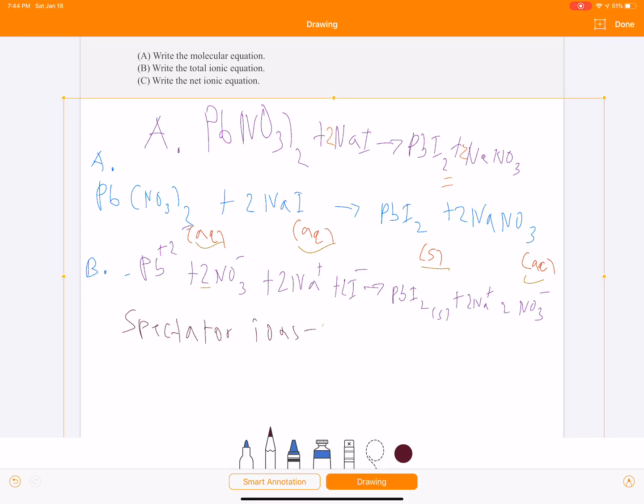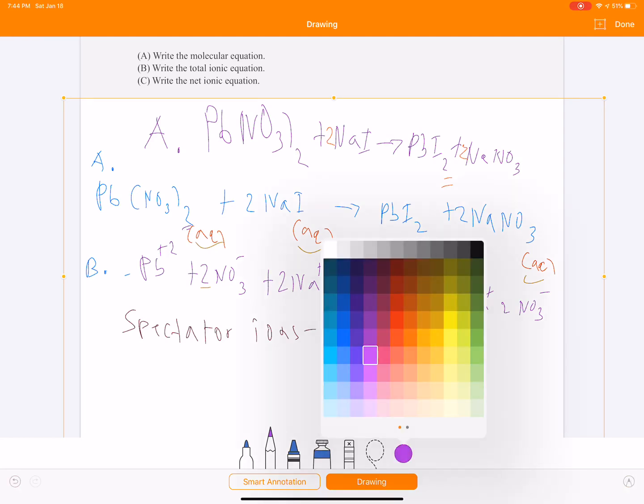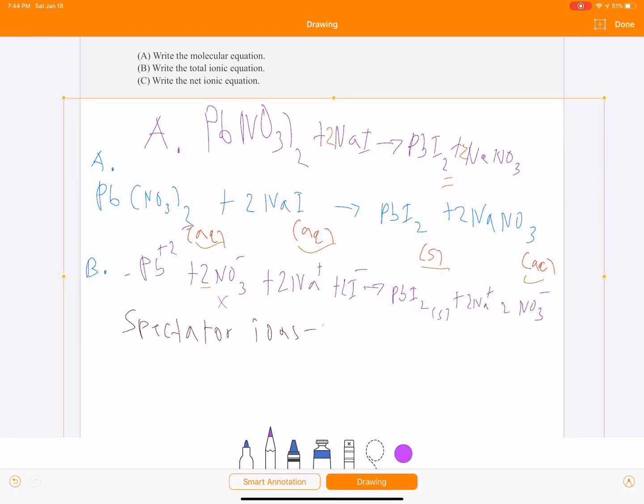So we have a couple of those here. The solid compound contains the elements that will never be spectators because they're not the same on both sides, because you have a solid and you have ions on the other side. But here we can use a different color. We can cancel out the nitrates and the sodium on both sides because they're the same. So our net ionic equation is just going to deal with